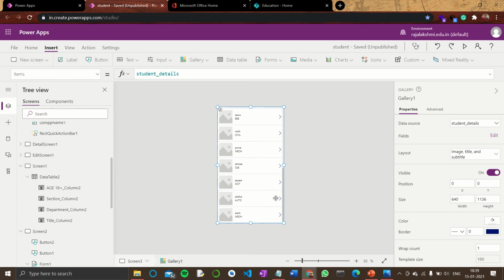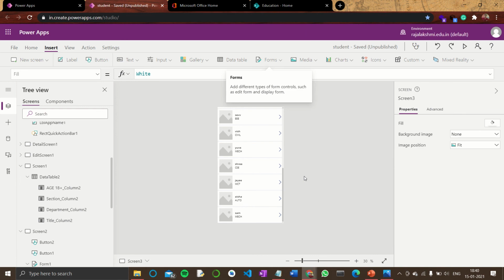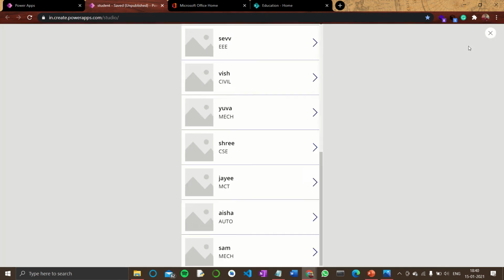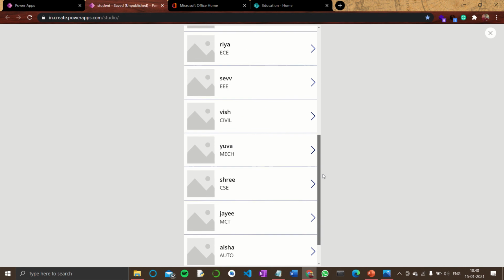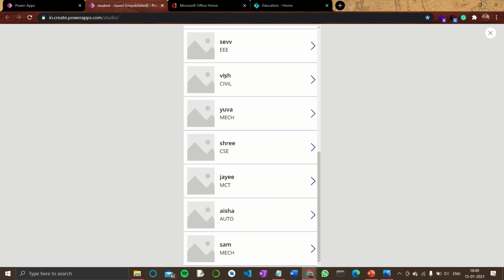So this is how you can create an application, create a list, add a list to your application, and also add records to your list using the mobile application. So you have seen various options here. Let's play this application. Now you can see all the details from the start to the last listed here.